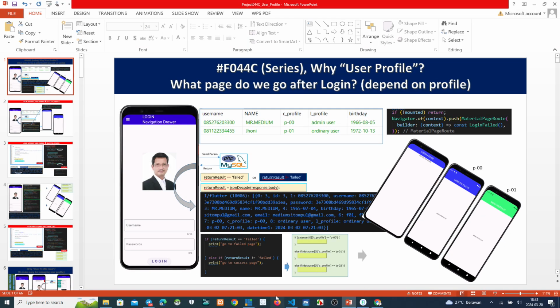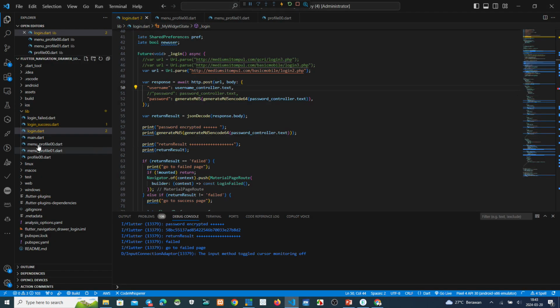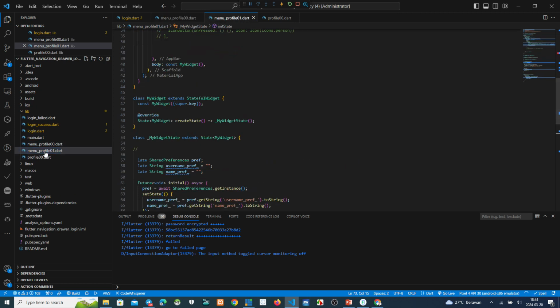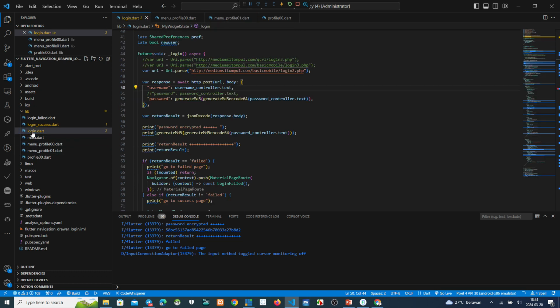You see this, I have made a menu, menu profile 00, menu profile 01, but we focus on this login script.